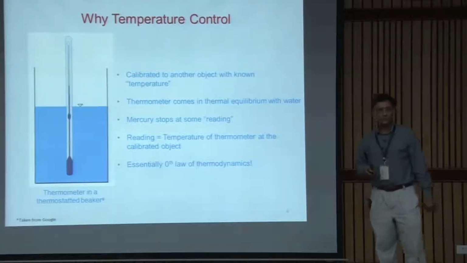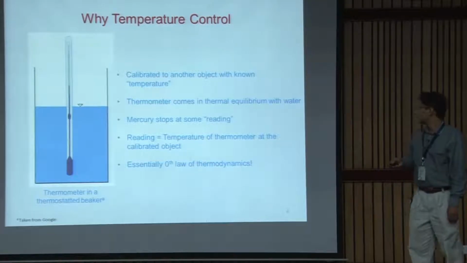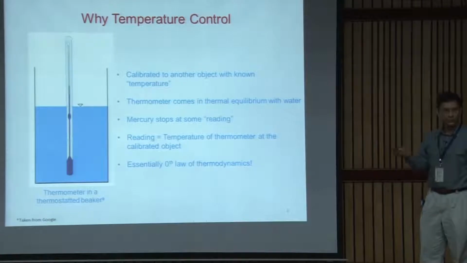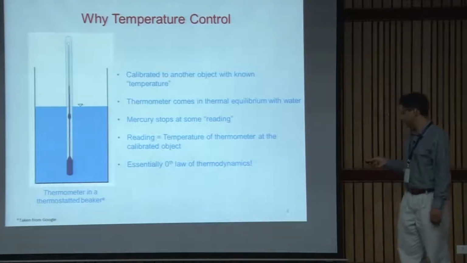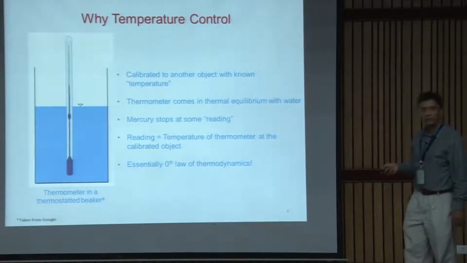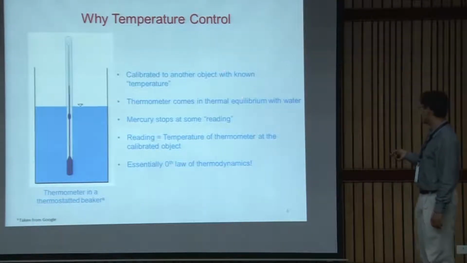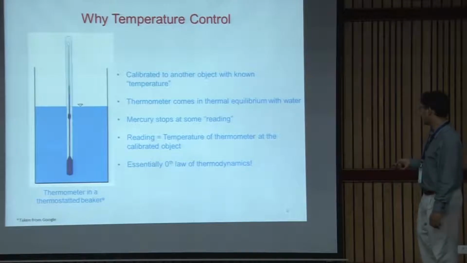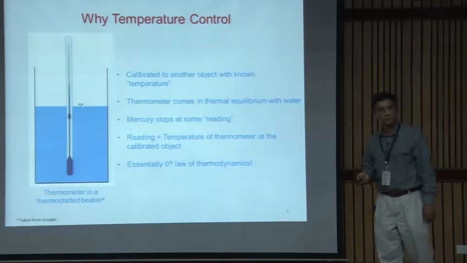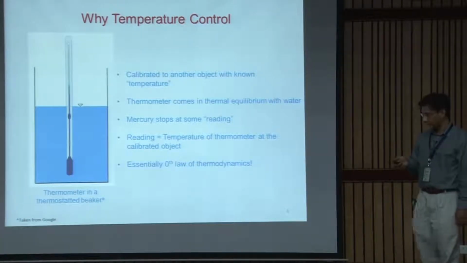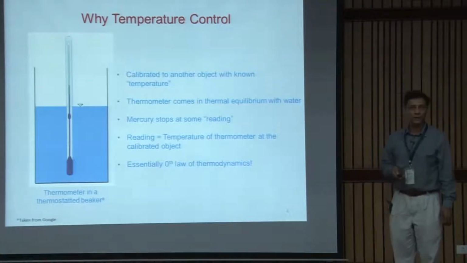So this is the starting point. Let us say we have a beaker full of water in equilibrium, and we insert a thermometer with a bulb in it, and the thermometer comes in thermal equilibrium with the water. The mercury stops at a certain reading, and that reading is the temperature of the liquid. Essentially what is being used here is the zeroth law of thermodynamics, which also happens to be the last one